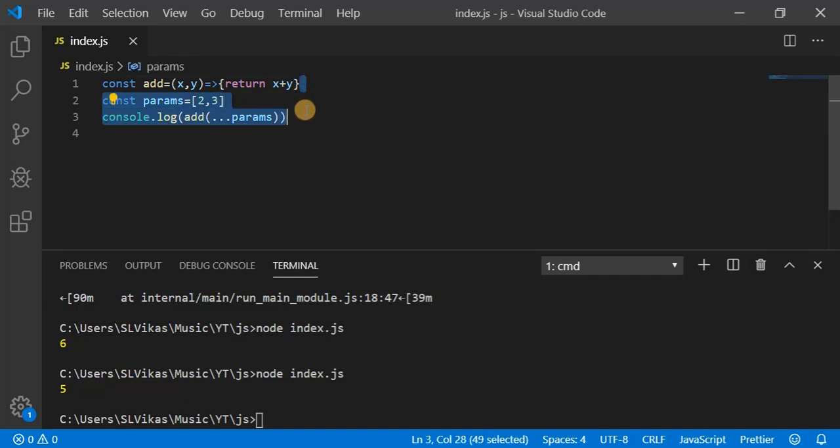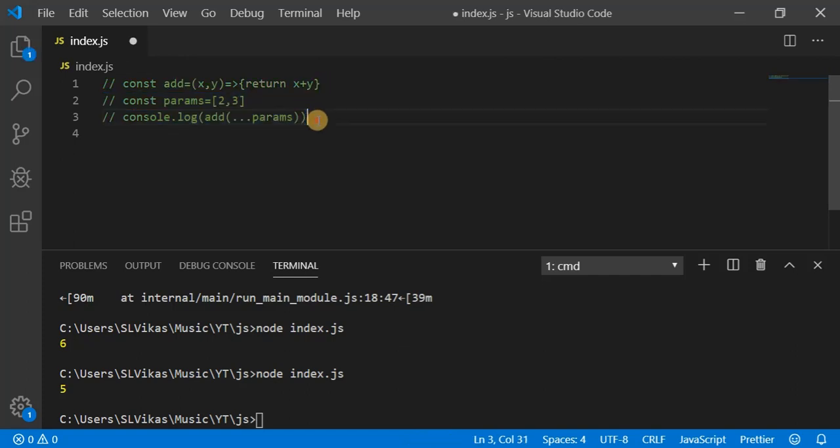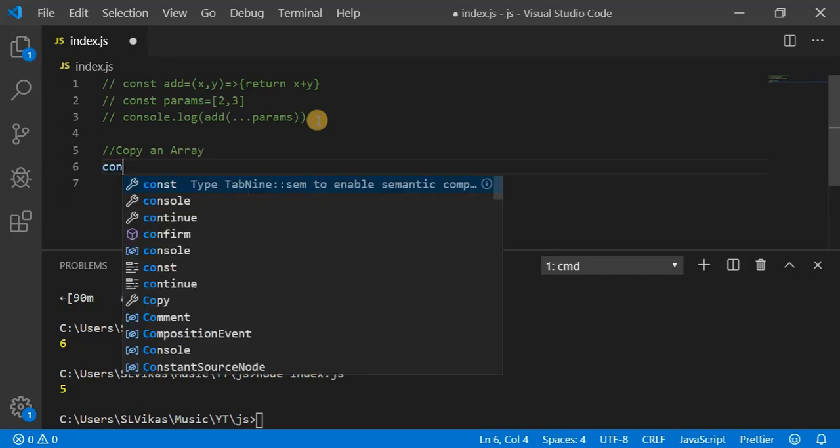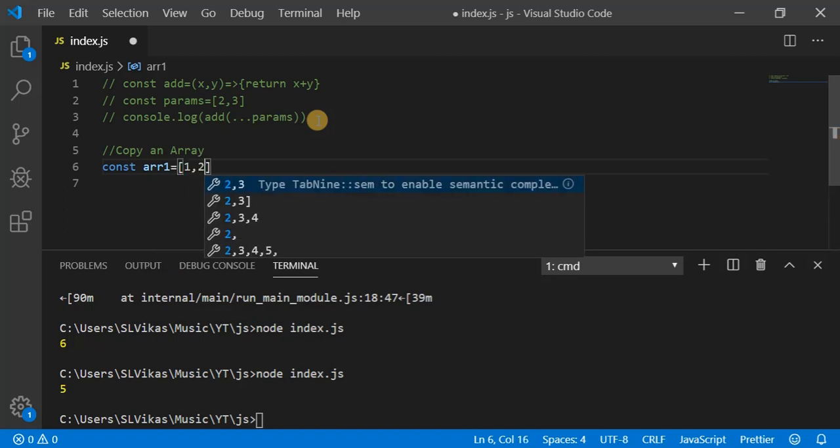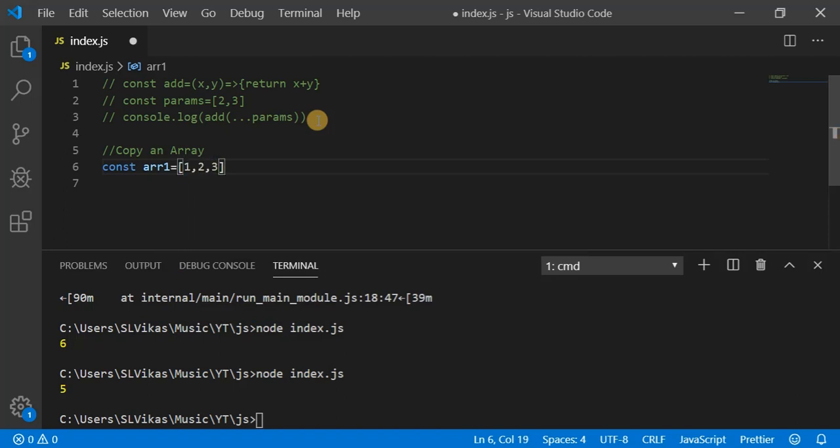The next thing, let me comment this. I can use it for copying an array. So let's call it const array1, and it has some elements 1, 2, 3, right?